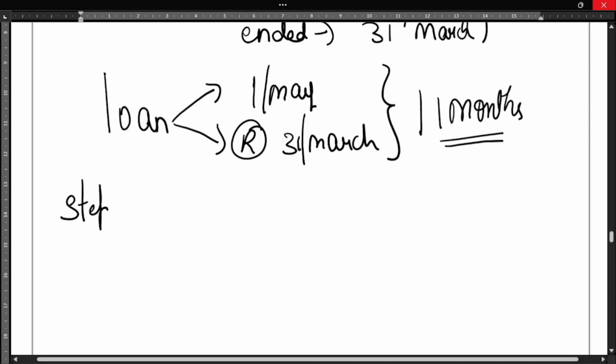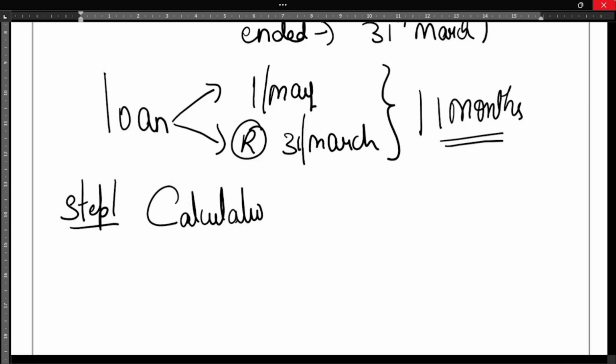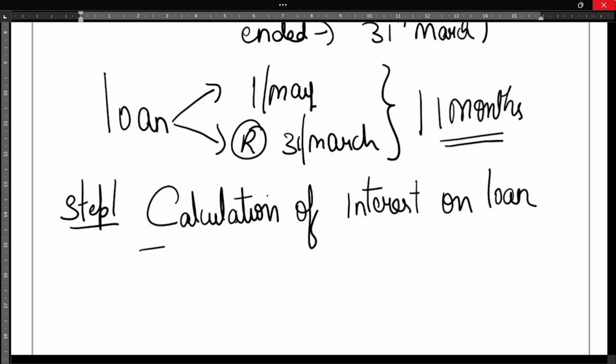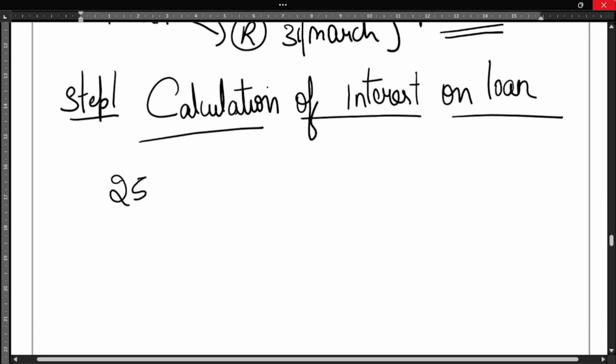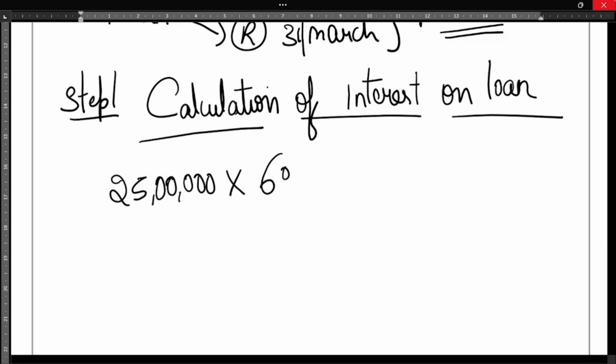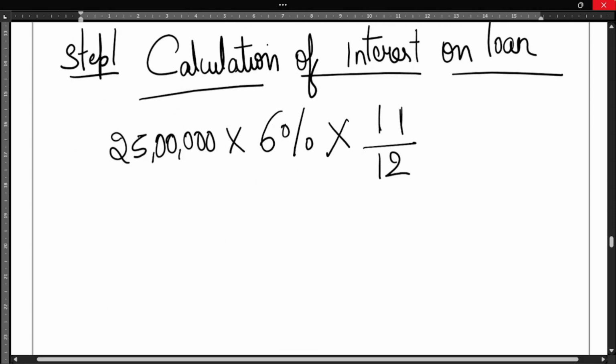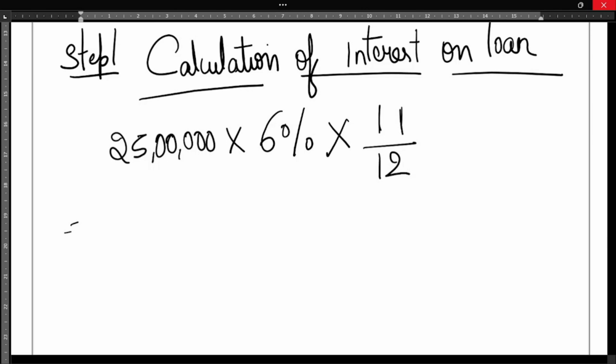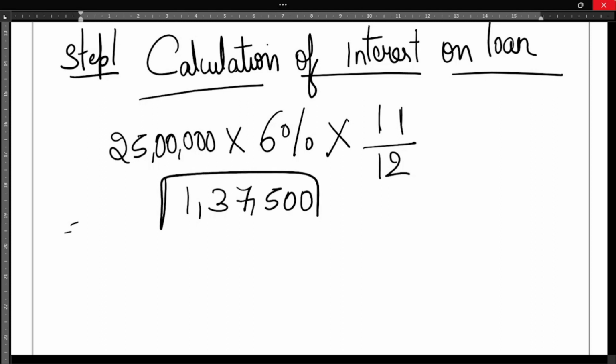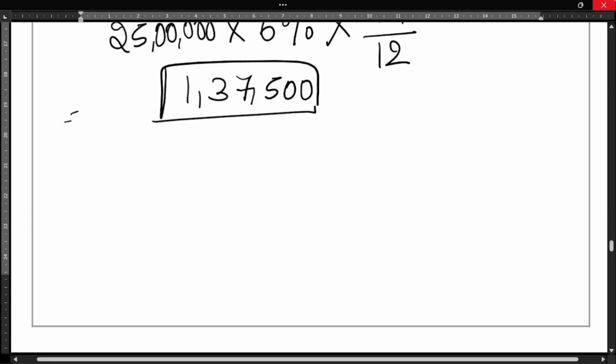Now step number 1, calculation of interest on loan. Let us calculate how much interest there is on the total loan. The loan amount is 25 lakhs into rate of interest 6%. This 6% is per annum, meaning 12 months, but the loan was taken only for 11 months. So we will multiply by 11 divided by 12. 25 lakh into 6% into 11 divided by 12 will be 1,37,500. This is the total interest,